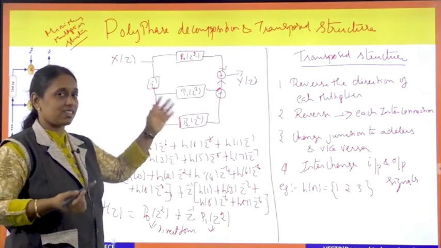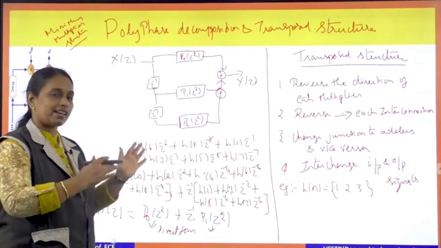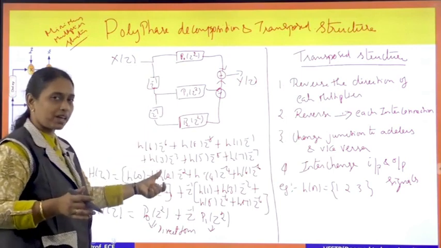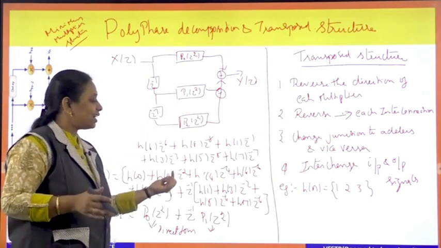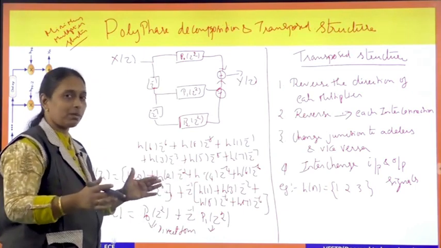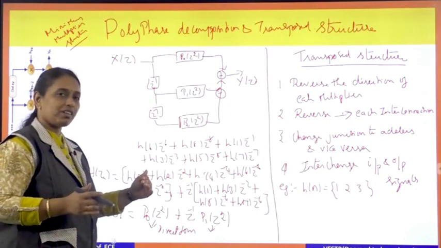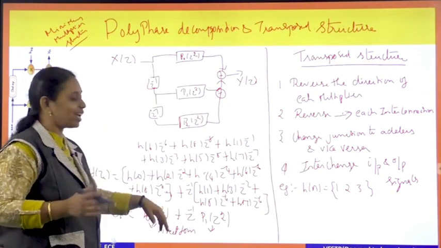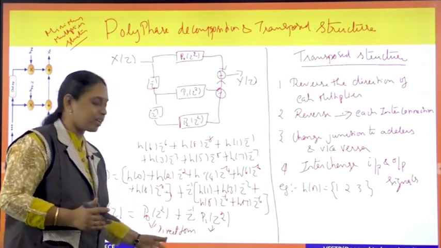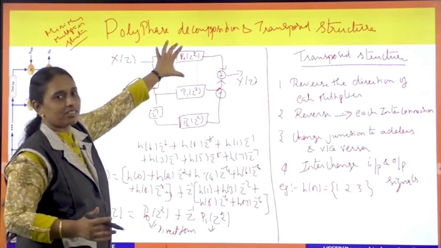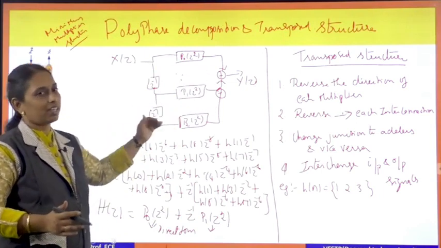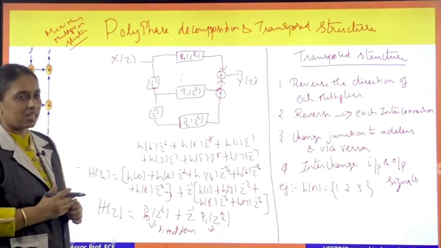We have seen the cascade structure. We divide h of z into as many parts, realize each in direct form, and directly join the structures. Similar to that, this polyphase decomposition is the parallel structure. So the given equation is divided into powers of z with even values. You can divide z power into n parts; I have divided into 2. You can go for dividing into 3, and instead of z inverse you can take z power minus 2 also as the common factor, and frame the equation. Each you realize in direct form. Draw the structure, whatever structure you get, draw it over here and over here, and add everything. That is your final structure, which is called polyphase decomposition.